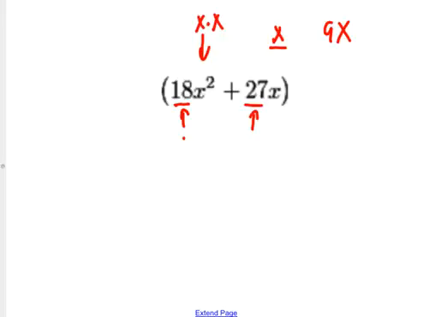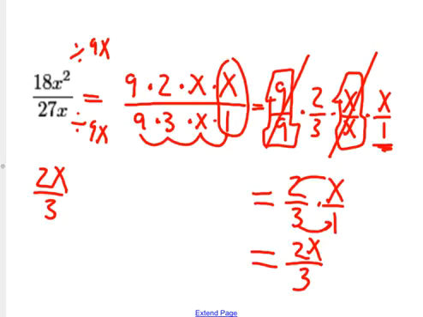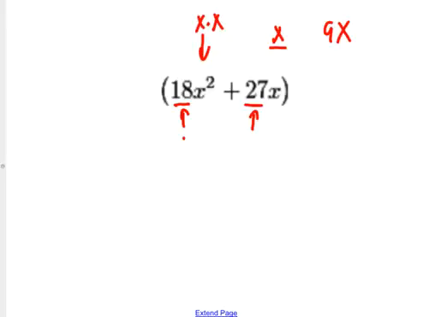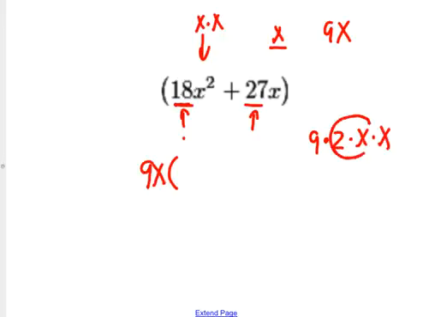Basically what I want to do is kind of do what we did here. I'm going to divide. Here I divided top and bottom by 9x, right? I divided top and bottom by 9x. I'm going to do the same thing here, but instead of just canceling them out, I'm going to put that 9x on the outside. So 9x times what is equal to 18x squared? Well, if I think of what 18x squared is decomposed, it's 9 times 2 times x times x. If I'm taking this out,